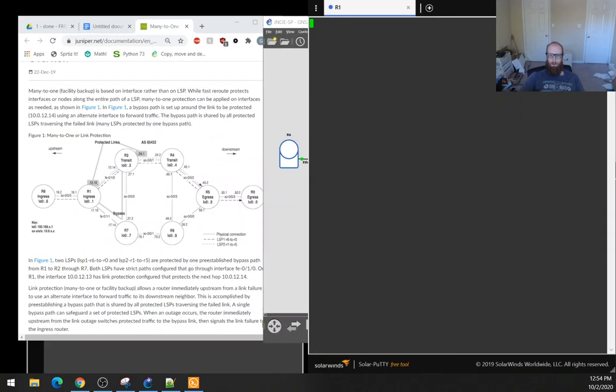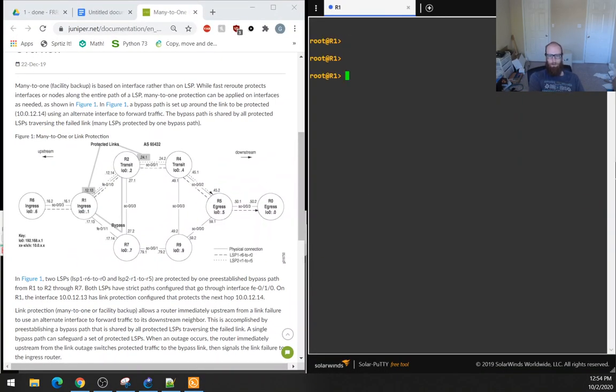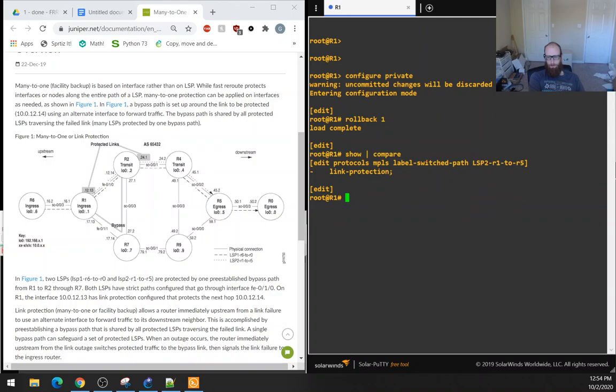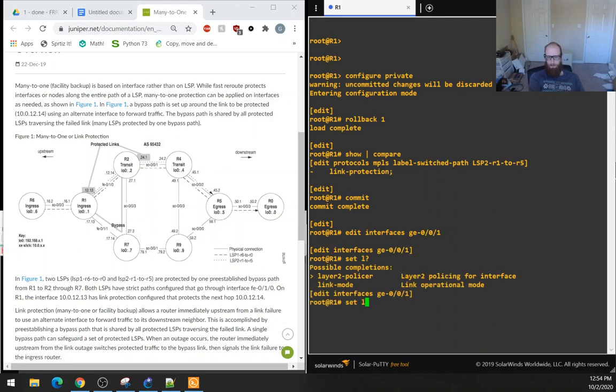Okay, so this is going to be GE001. Let's do a rollback 1. Show pipe compare. Yep, so we'll remove link protection from the LSP. We'll just add it to the interface. So edit interfaces GE001 set. Let's do edit